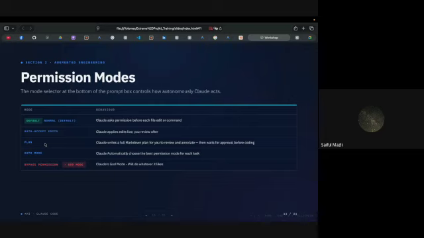Now, it has something called plan mode, and I love plan mode. I spend maybe 80% of my time with Claude in plan mode. In plan mode, it will be able to read, it will be able to think, it creates things for you, but it doesn't do any writing for you. It doesn't write any files down. It runs commands to be able to search, but it doesn't do anything that is dangerous.